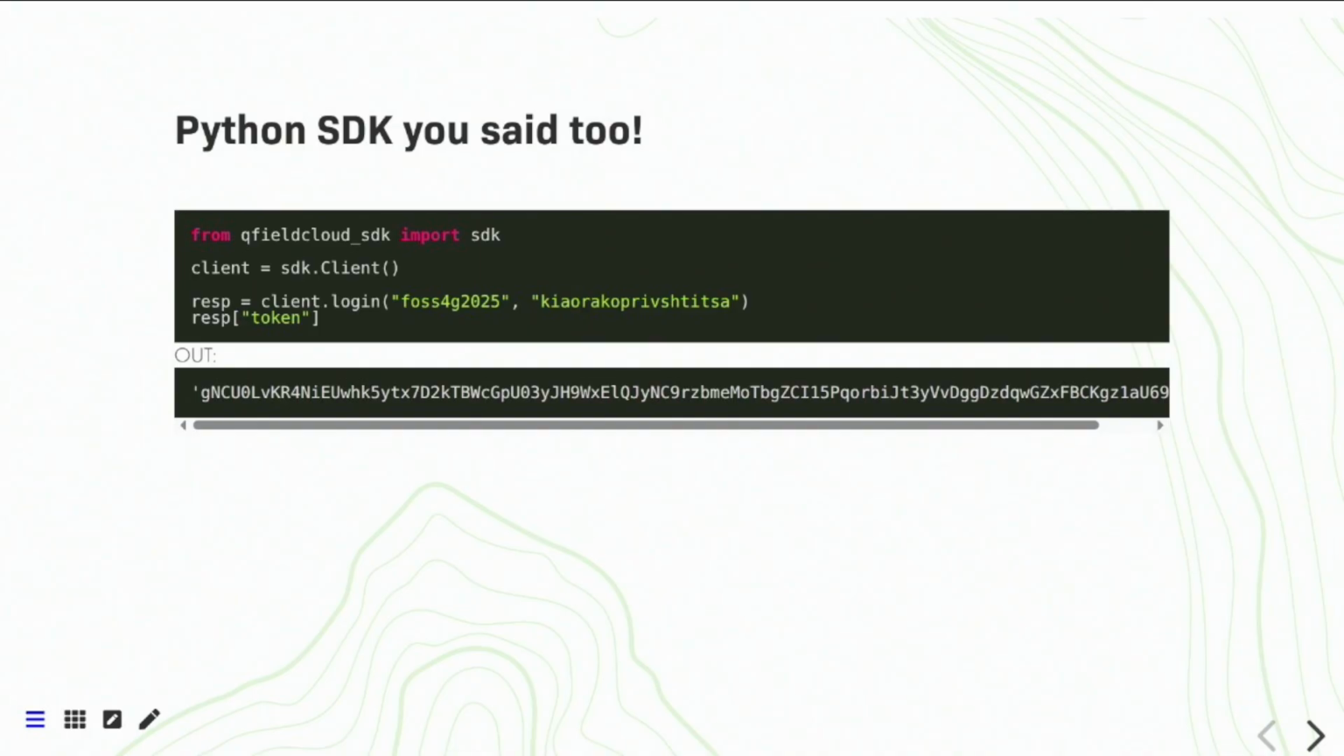Good. So this is the command line, but I also said that there is a Python SDK. And the CLI is actually powered by the Python SDK. And you can use it as simple as this. Import the SDK, create a new client, and then log in. Once you log in, the token is automatically assigned to the current client, and you can start doing stuff on